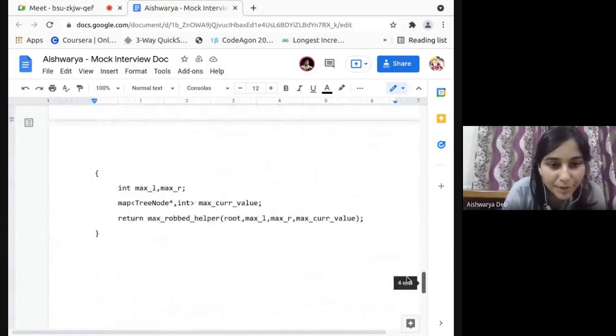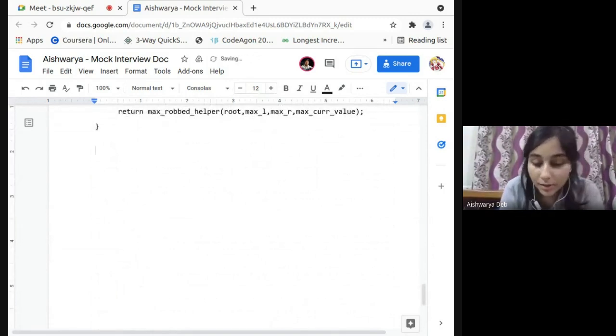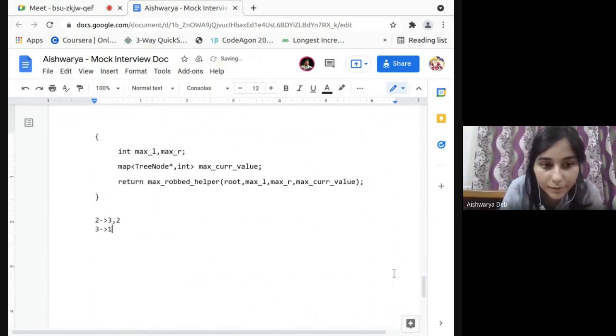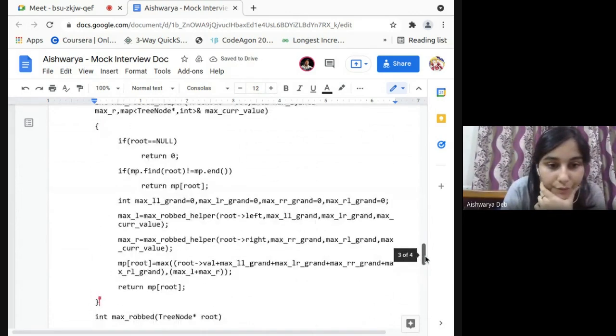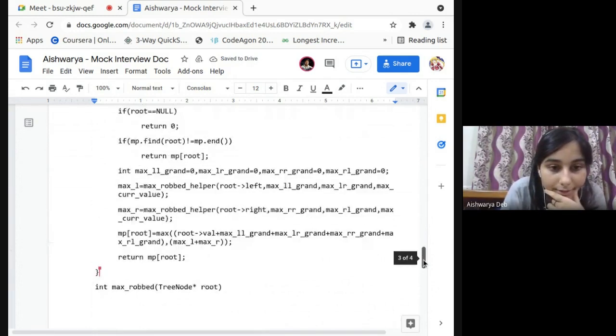It's going to be a bit hard considering I don't have a tree structure with me. So for 2, it's going to be a 3, and for 3, what was it again? For 3, there's just a 1. For 2, there's just a 3. So for 2, we get returned a 0 from one side and the 3 from the other side. Similarly, we get returned a 0 and a 1. So on the second level, it will be